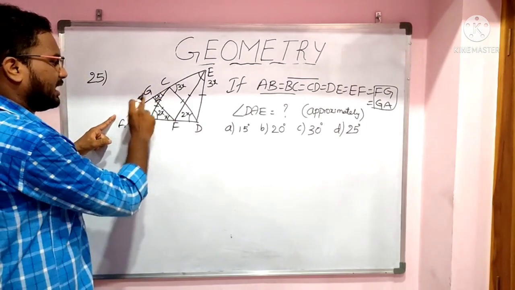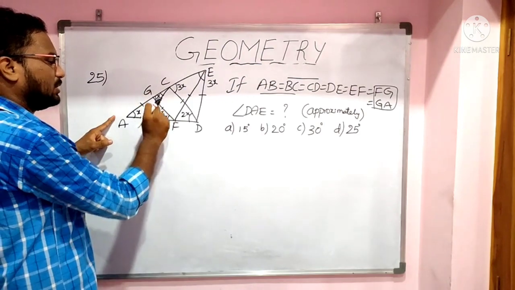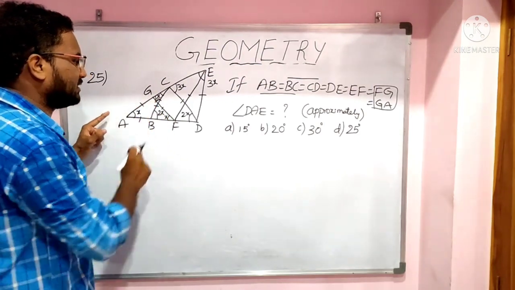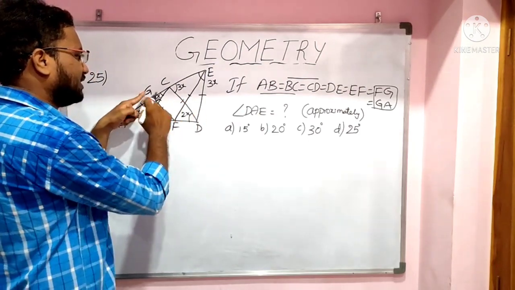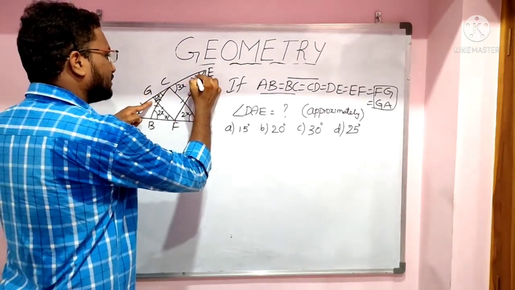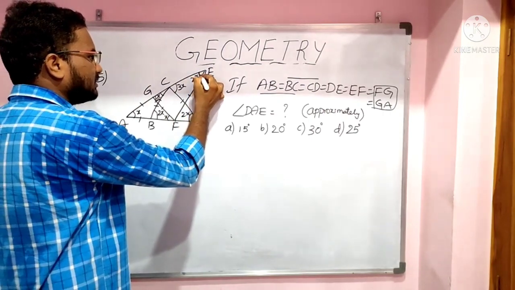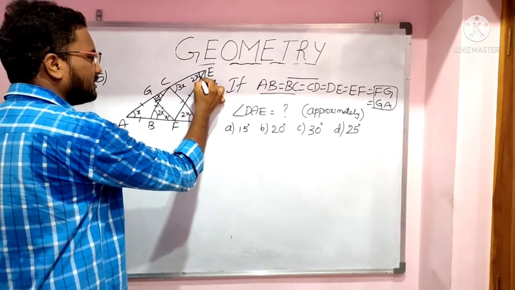Okay. This is the exterior angle. Angle FGC is the exterior angle. So this will be 2x. This is x, this is x. So this will be 2x. So if this is 2x, these two sides are equal. FG equal to EF. So if this is 2x, this will be 2x. This angle is 2x, this angle is 2x. So total angle is 3x. So this angle is x.